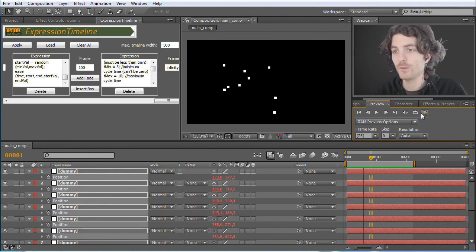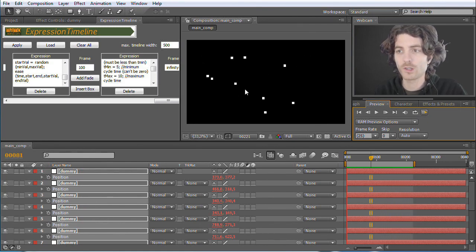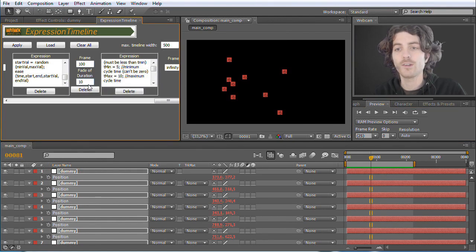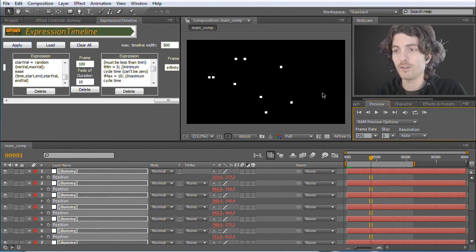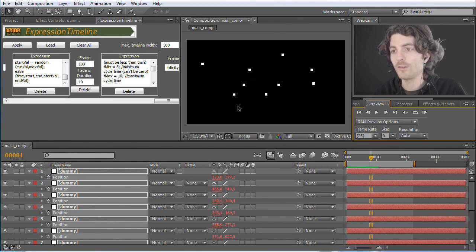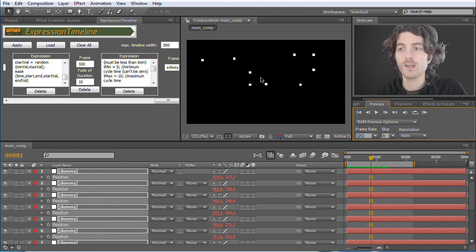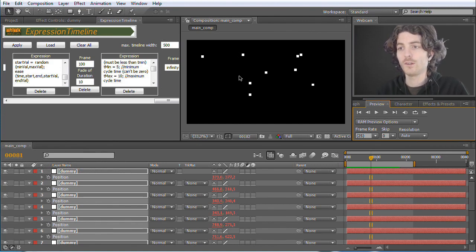Yeah, random movement, and now random grid movement. Now we do not like this abrupt cut between the first and the second expression, so let's add a fade here. In the timeline at frame 100 we click on add fade, and let's say this fade of 10 frames is okay, and again we apply it. Now you can see that instead of an abrupt change between the first and the second, we now have this nice transition, this nice fade from the first to the second